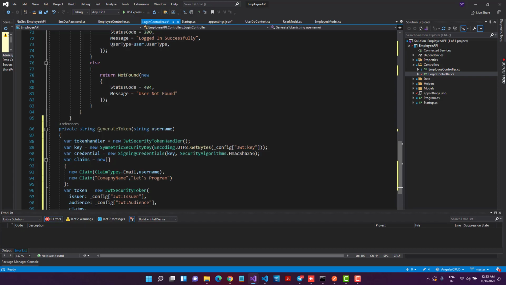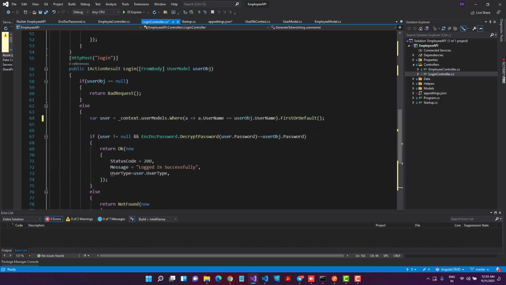Whenever our user is not null, at that time I have to pass my token. So here in this line we can say that if user is not null and the decrypted password is equal to the password which we have sent, then only it should return success along with the token.